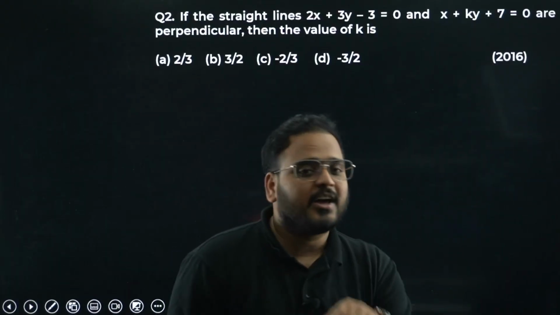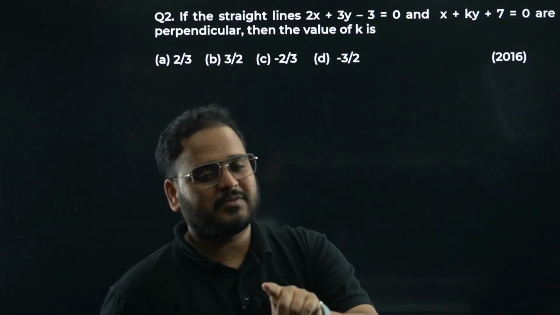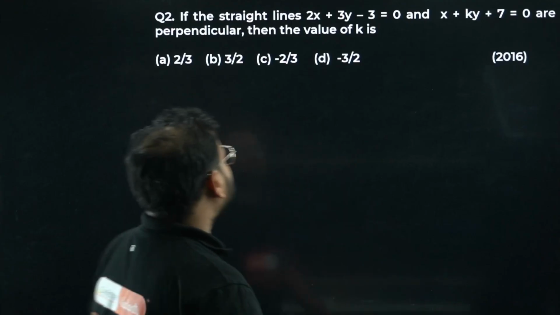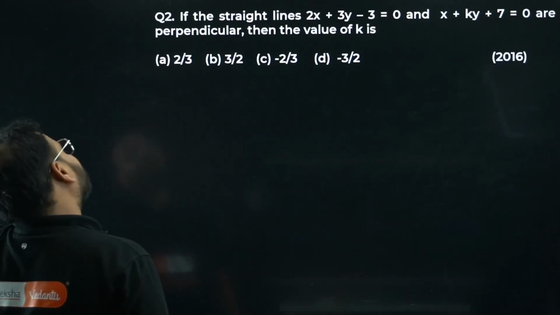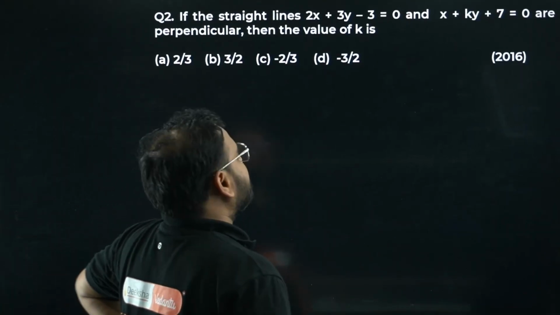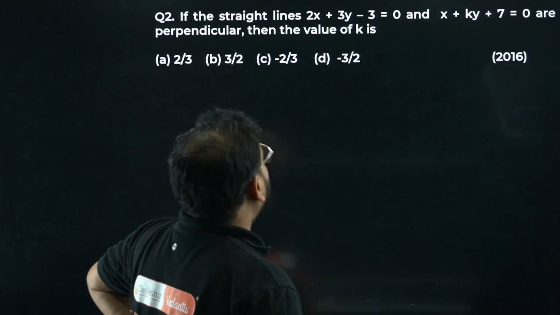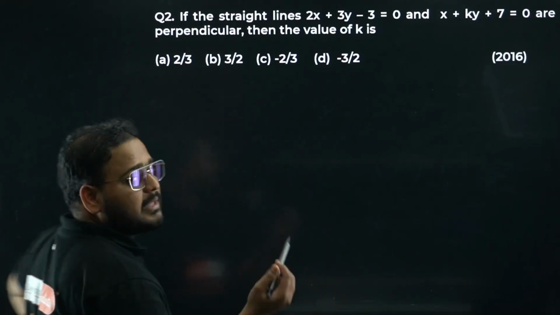Now I want you to start solving question number 2. If you want to solve it, pause this video, solve it, and then come back for the solution with me. If the straight lines 2x plus 3y minus 3 equals 0 and x plus ky are perpendicular, then the slope will be